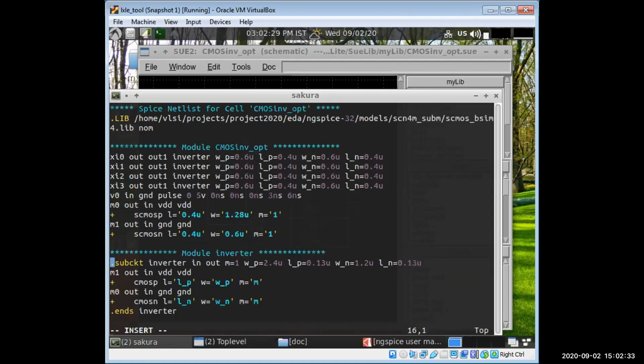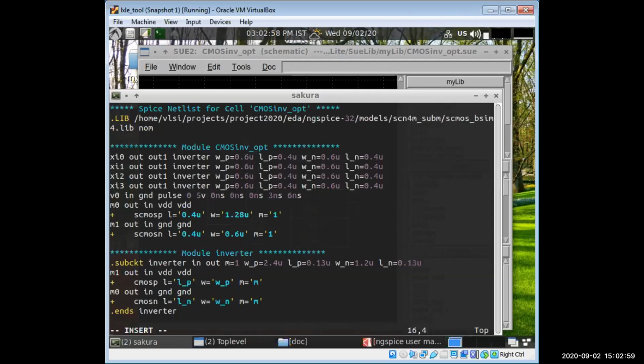So for these icons, first we have to create a module where we are doing this inverter. Then an icon will be created here. In the file menu there is an option to make an icon. Then that icon can be instantiated in every schematic which we are doing, or we need this subckt. So specify it with dot subcircuit.